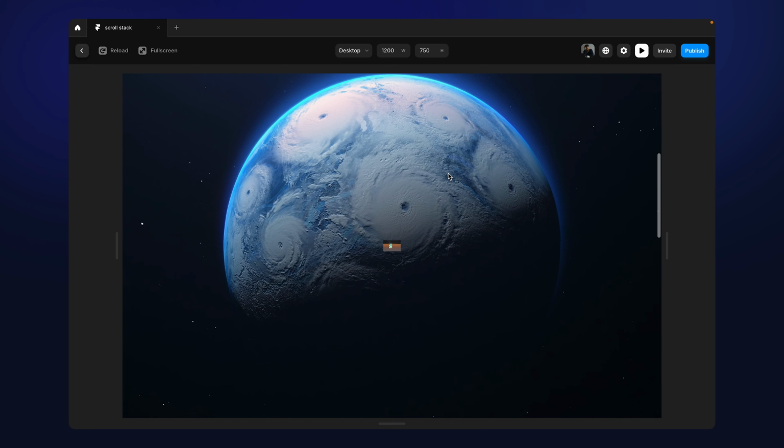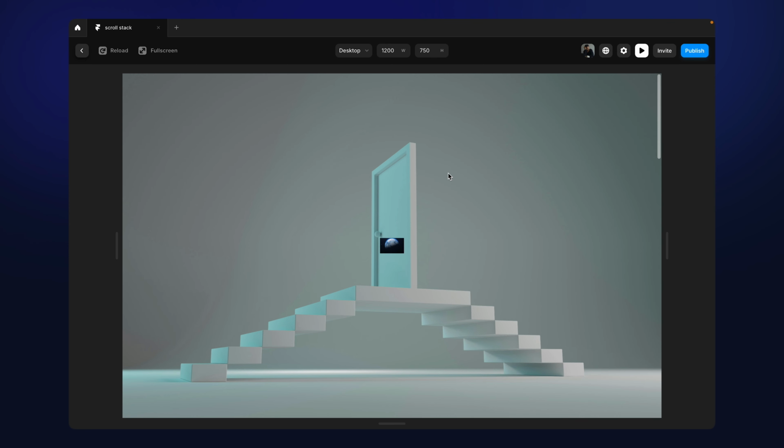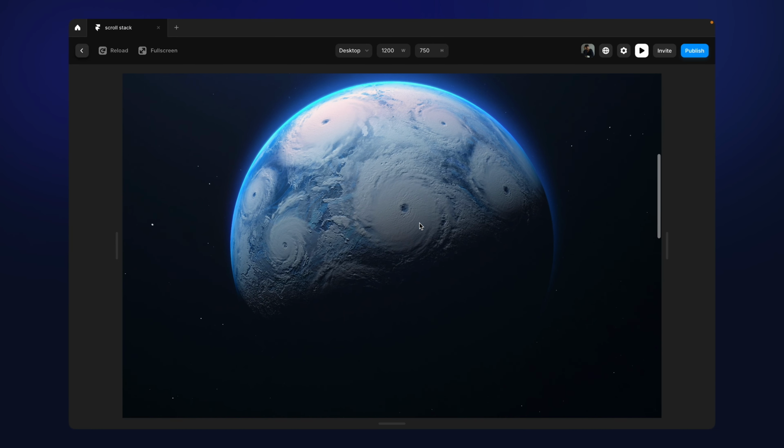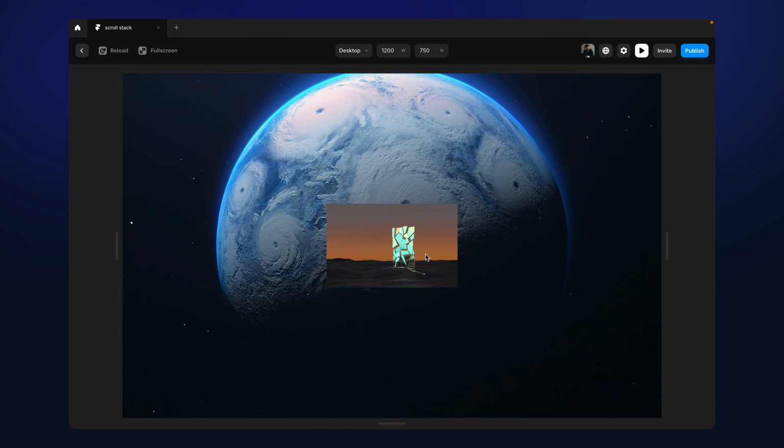Now let's first analyze what is happening here in order to understand the scroll animation behavior. You can guess the first image that we have is in its fixed position. The second image appears from the middle of the screen, and the third one also appears from the middle of the screen, but on top of the second one. If you have some basic knowledge of Framer and CSS properties, you can guess that we have applied the z-index value here, like the z-index of this image is greater than the